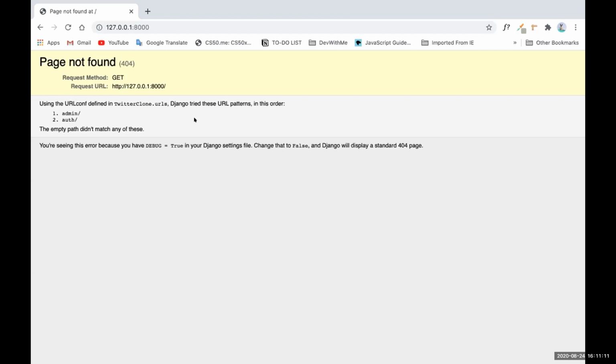Is it supposed to say, system check identified no issues, then August 24, 2020, 16:09:53, Django version 3.1, using settings the name dot settings, starting development server, blah, blah, blah. Did you see start development server? If you see that, then just open up your browser and go to the